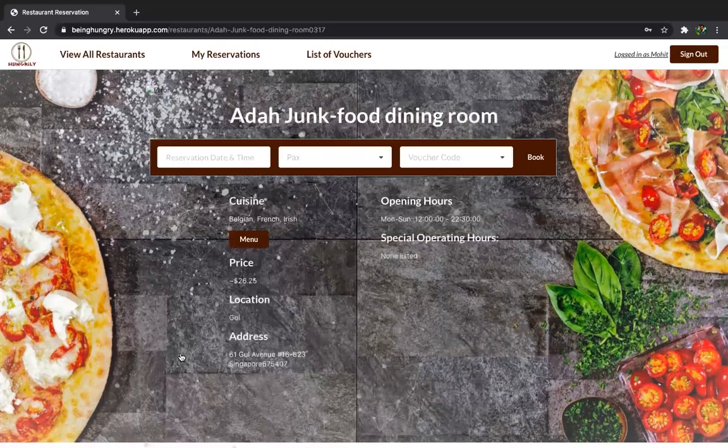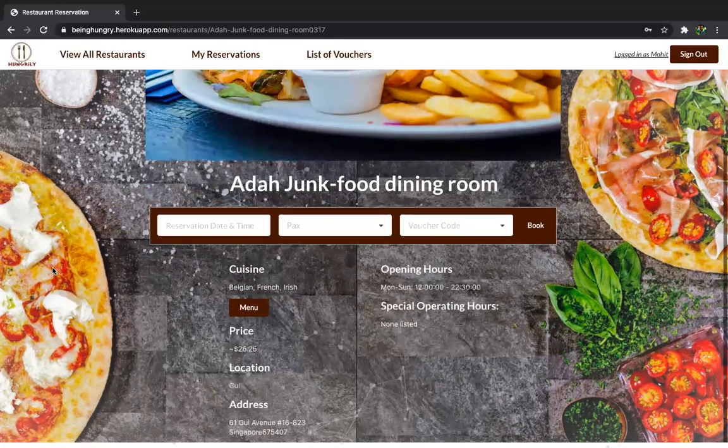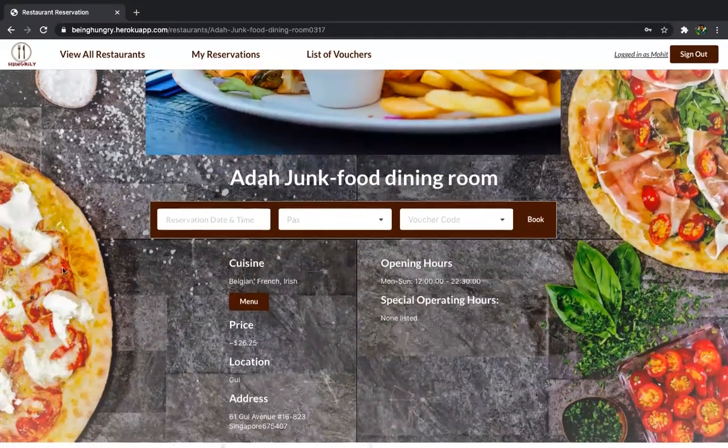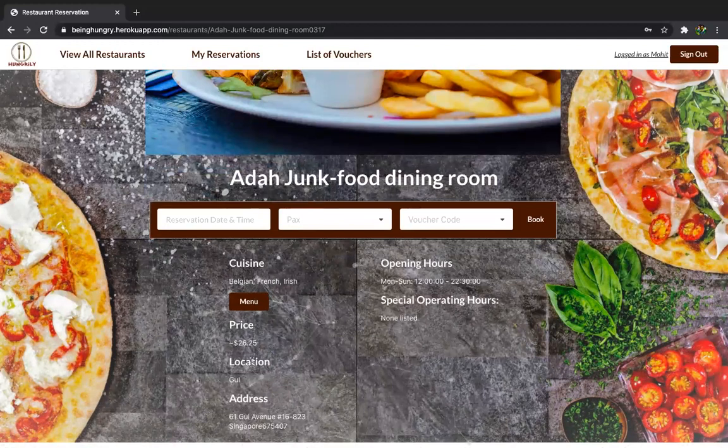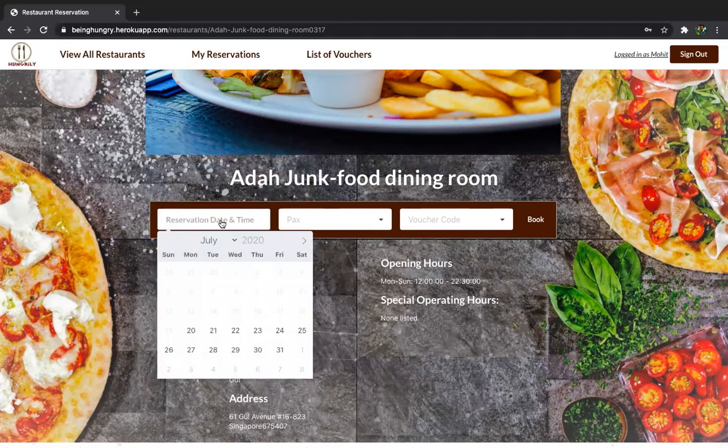From here we have a detailed view of the restaurant with the menu. We can see the cuisine, the menu, the price, the location, the address, the opening hours, and special opening hours. From here we can book with the reservation date tab, so we can reserve a table.